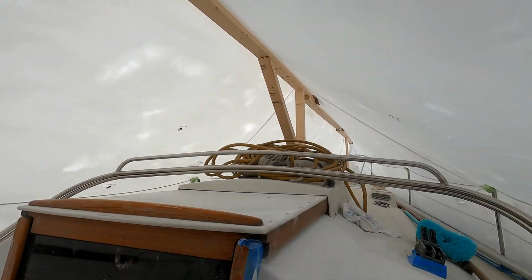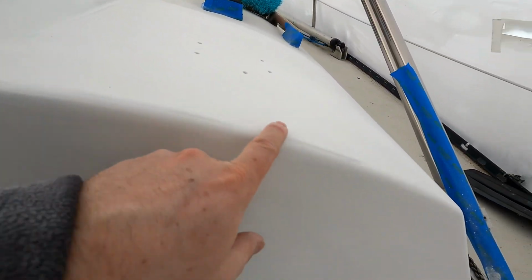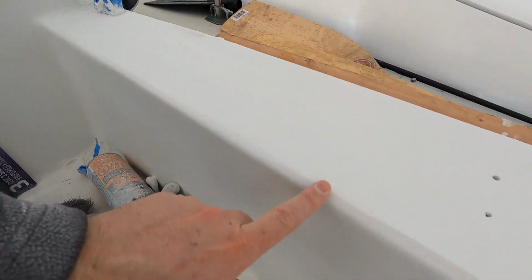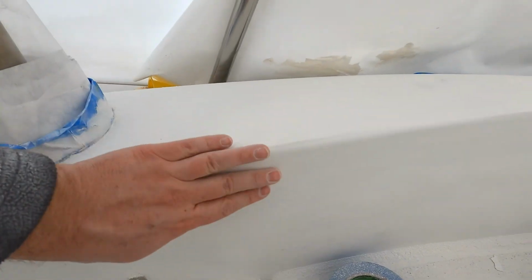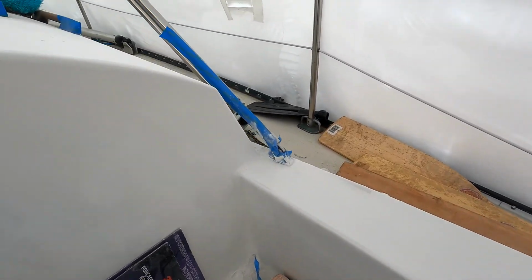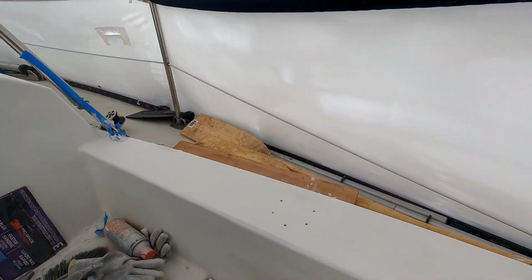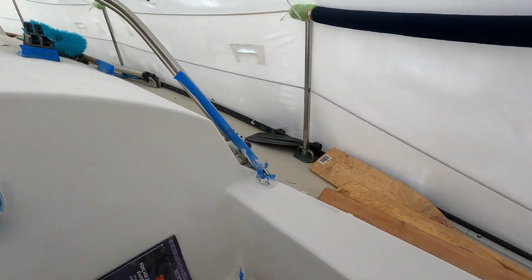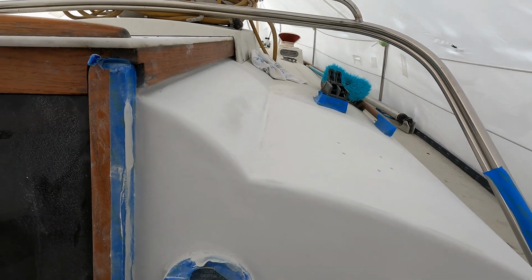Okay, I've finished the starboard side now with 220 grit, and I don't know whether I was just a little bit more aggressive this time, but got a lot more low spots where the color has bled through, which is so annoying. All that means really is I'm going to have to do another coat and try again. That's the thing with the gel coat, is you can make these mistakes. They're easy to fix. It's just it's more material, more time, which sucks. But anyway,